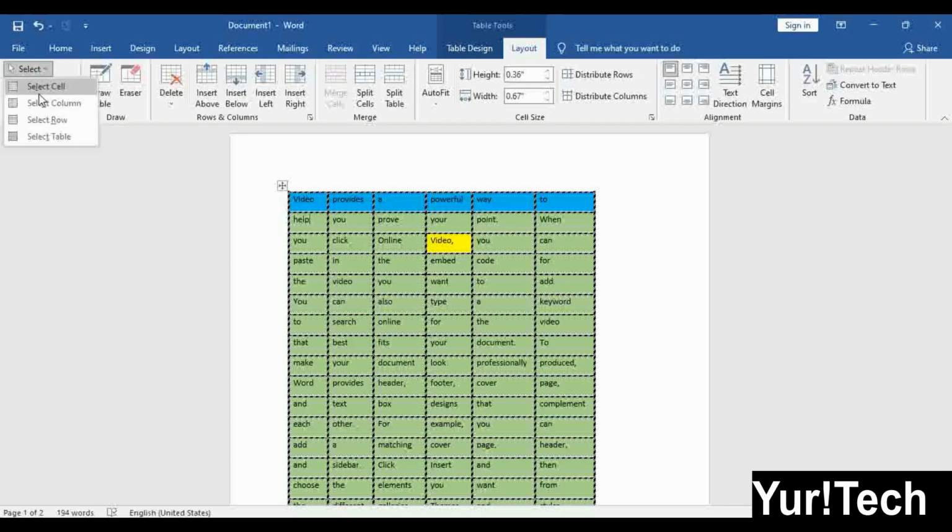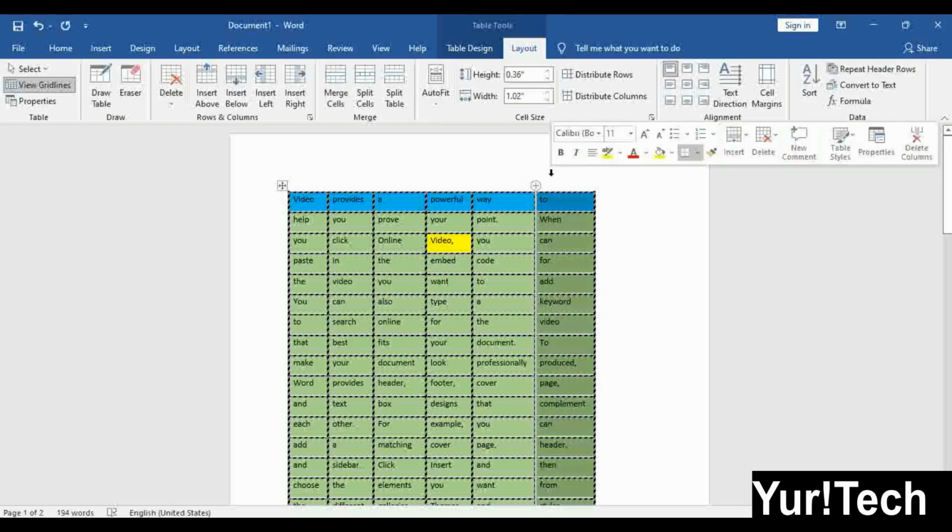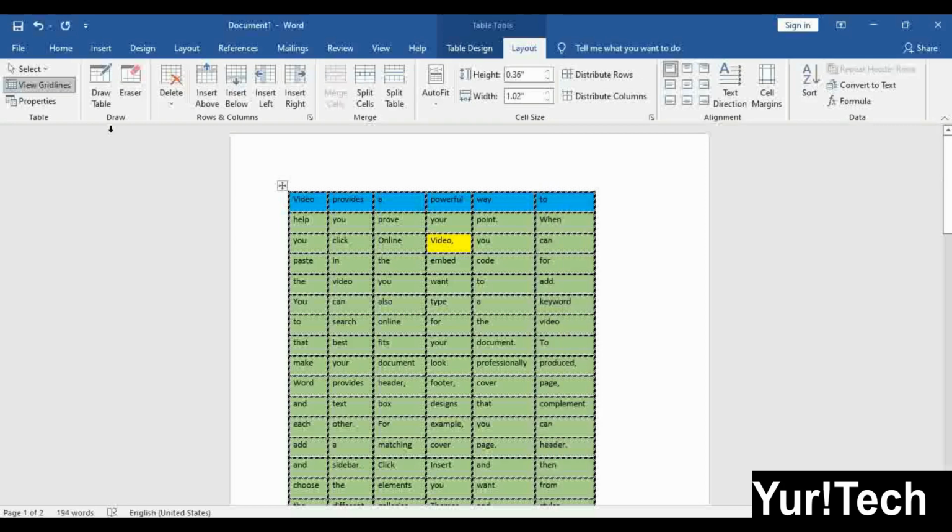First option is select a cell. Select a cell means if your cursor is in any cell, then that cell will be selected. See, now this cell is selected. Next option is select a column. If your cursor is in any column and you want to select it, one way I have just told you. Another is to come here, select, then select column, and this column will be selected.